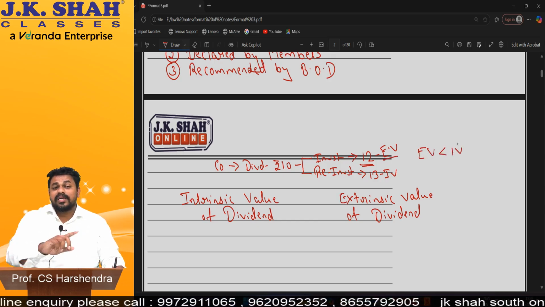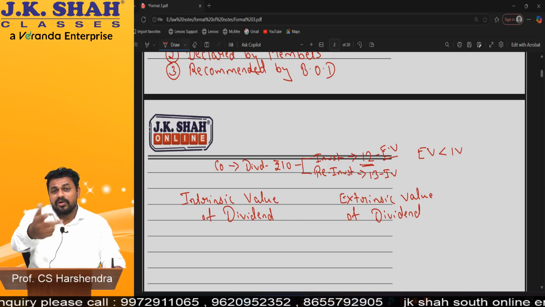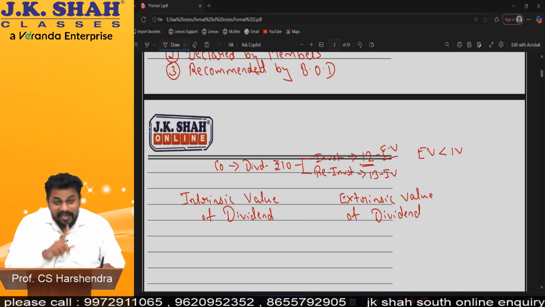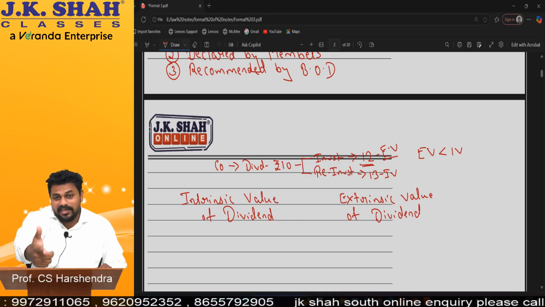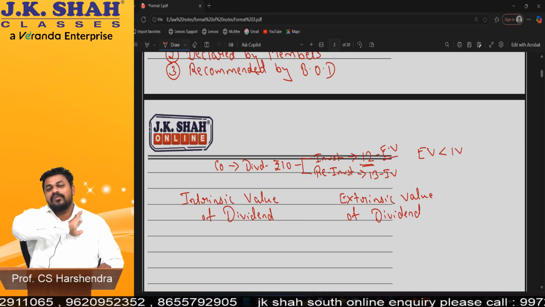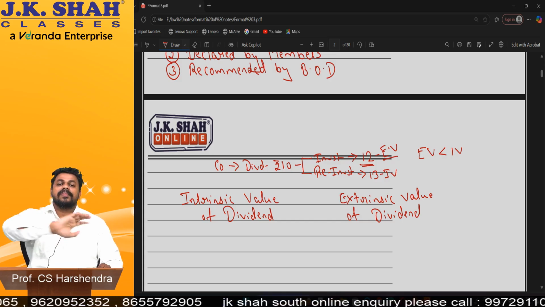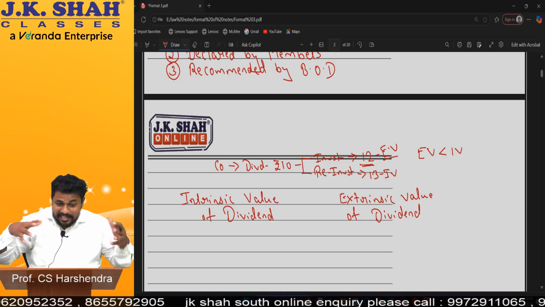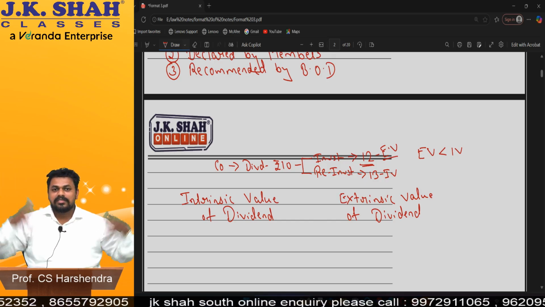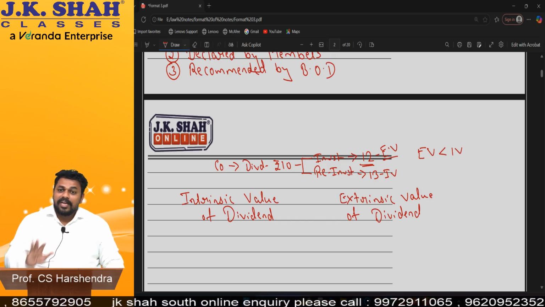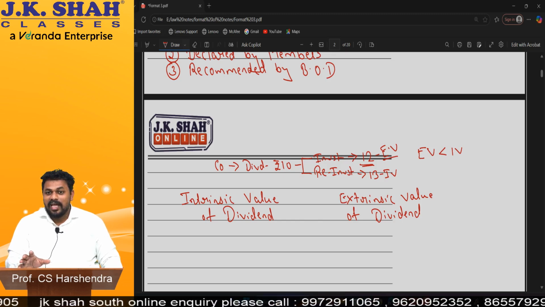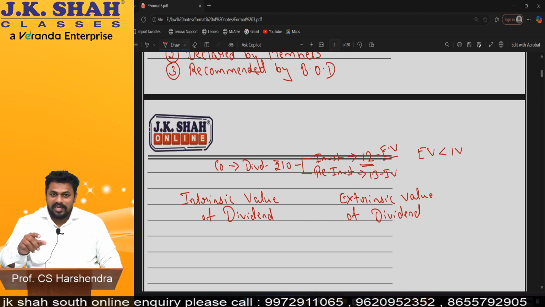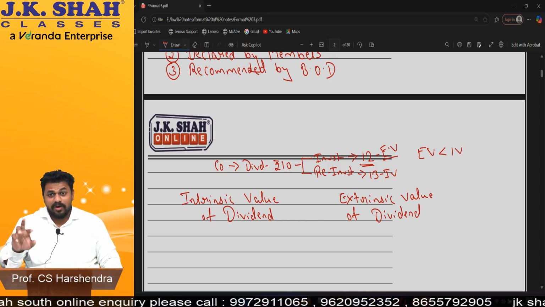So in this case, tell me, is it better to take the dividend or to reinvest? At that time members will vote against it. Am I clear? But if it is opposite, then it is better to take the dividend. Understood properly? Okay, so all these calculations are done by big chartered accountants who will be present in the AGM. And if you are handling the AGM, beta, they will give you their calculations. For example, if their extrinsic is more than intrinsic, they'll ask for dividend, or else not.